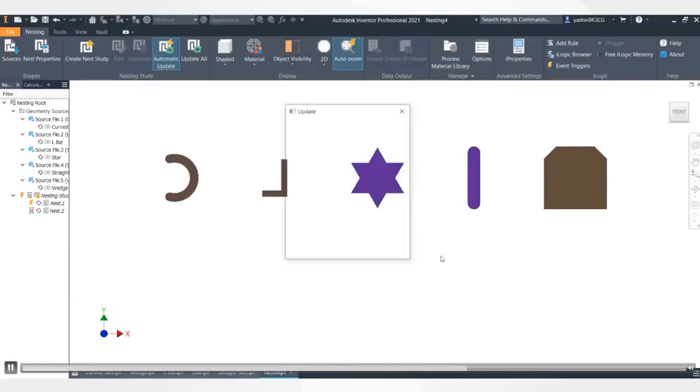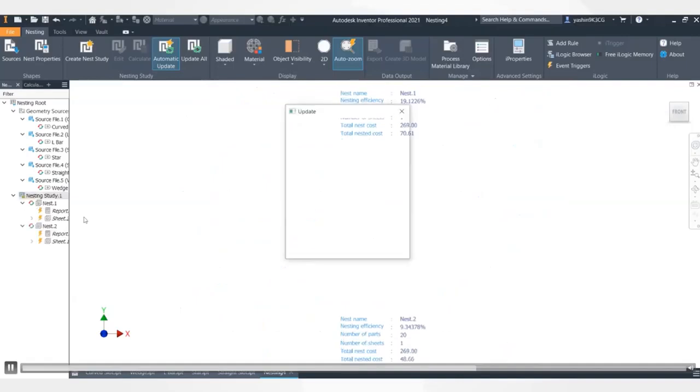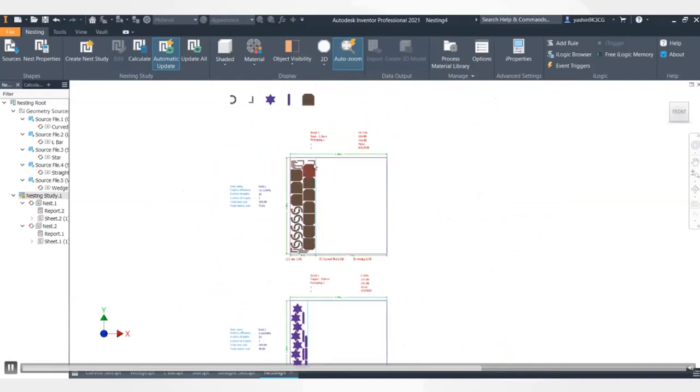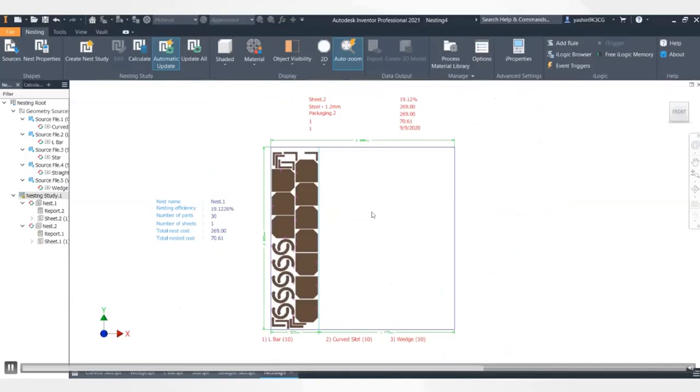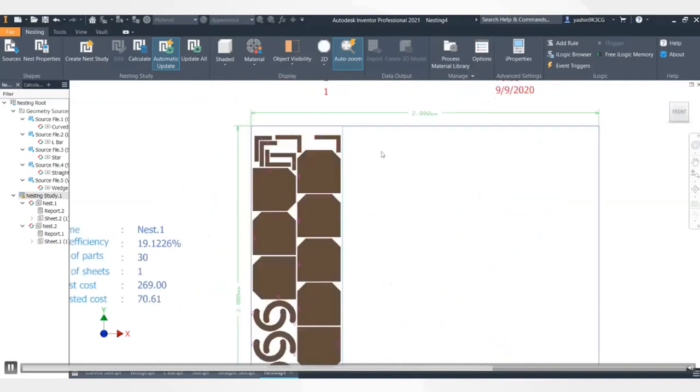So once I'm satisfied with those inputs, I can select OK. And Inventor nesting utility is going to think a little bit. It's going to run its algorithm, and it's going to create our nests for us. So this doesn't take very long. As you can see, it's populated the nest, or the information for the nest, and then the nest itself. So you'll see those two nesting profiles display on my screen. So we have the first nest containing our steel components. Okay, so that's the L-bar, the wedge, and the curve slot, and they have been neatly stacked and orientated onto